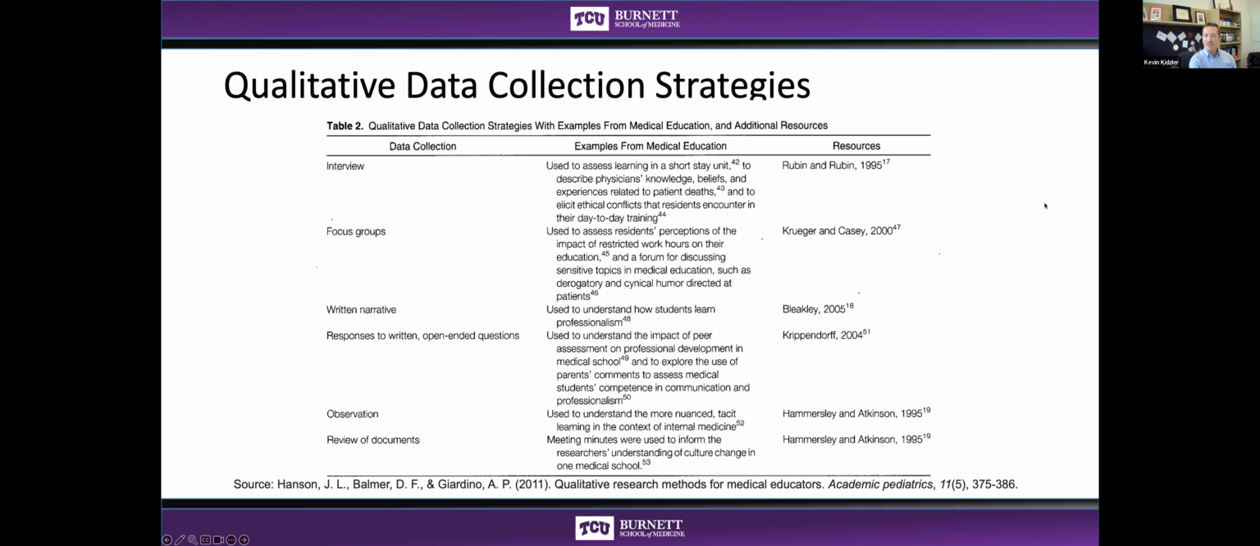All right, so I will turn it over to Dr. Ali, and she's going to start talking about some data collection strategies. Thank you, Dr. Kidder. So I want to pick up where Dr. Kidder left us off, and this is a really nice table. It's from 2011, but nonetheless, I think it shows how we can think about qualitative data, particularly for medical education